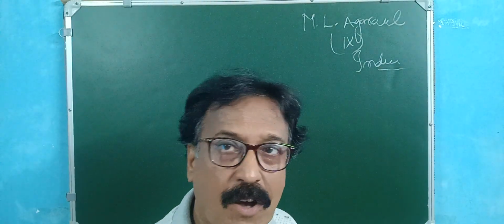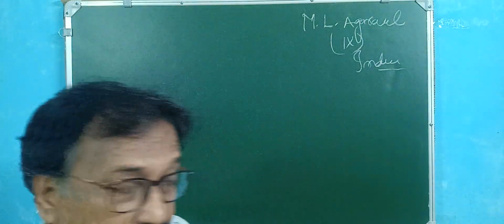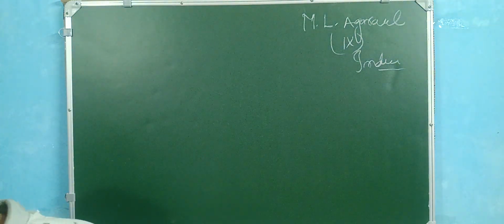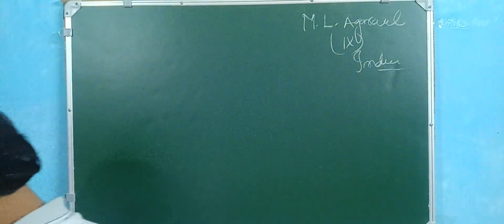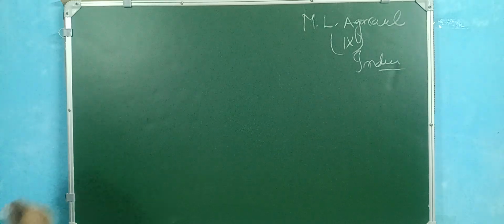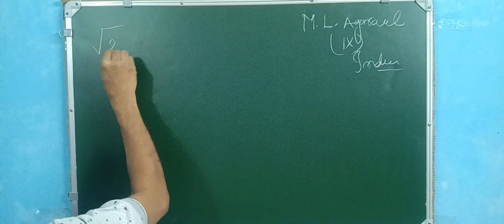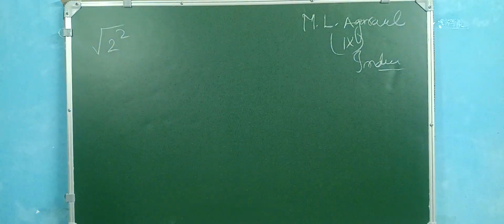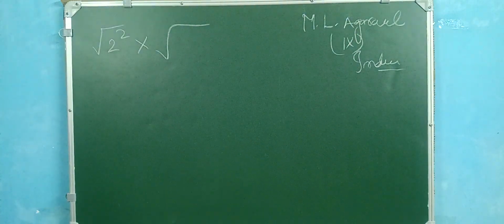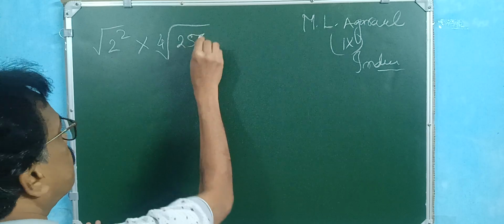Okay, the continuation of the process. In all the previous videos we discussed different types of sums. Today also we discuss a different type of sum. Here is sum number 1. Suppose here I copy the sum: square root of 2 square into the 4th root of 256